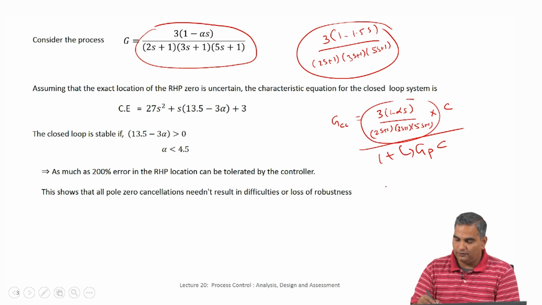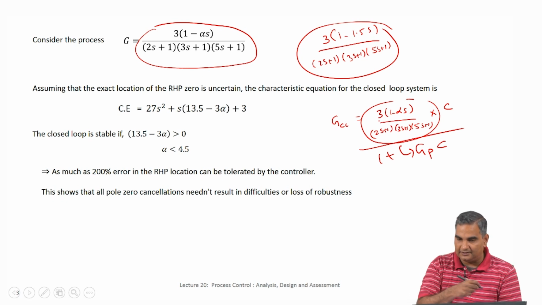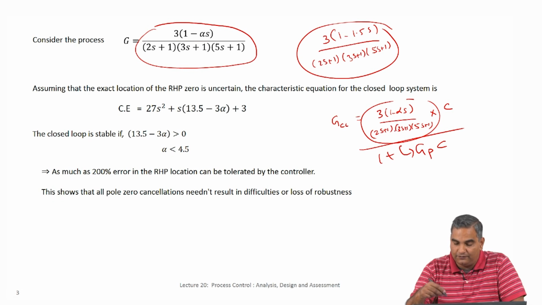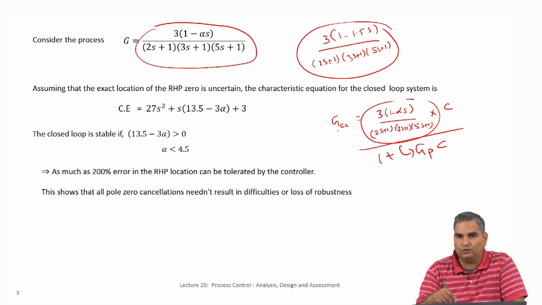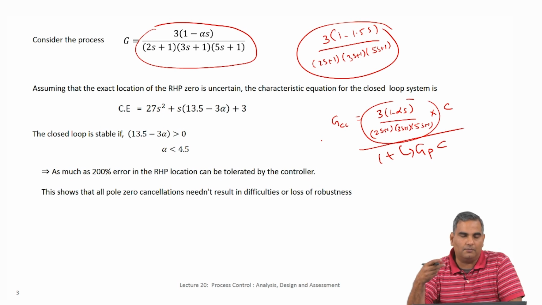Now, if this GP is GM, that is alpha is 1.5 in this, then you will get this to be the G desired that we had designed the controller for. But if the alpha is different from 1.5, then you will get a slightly different closed loop which will not be exactly G desired. So, that is where I first made an accommodation in the G desired for the inverse response.